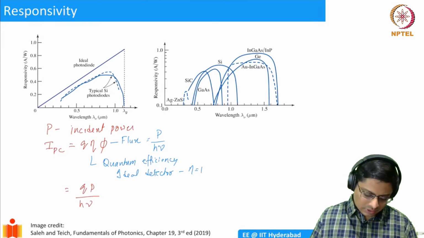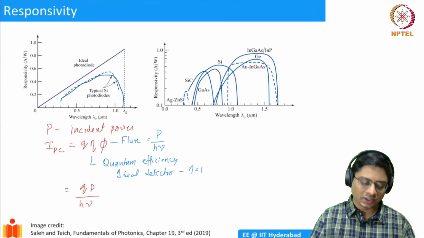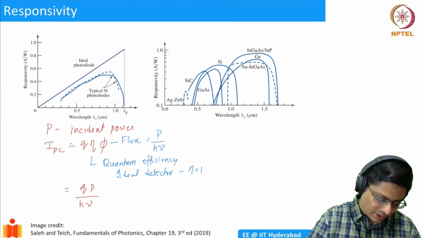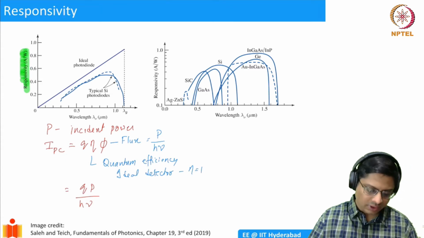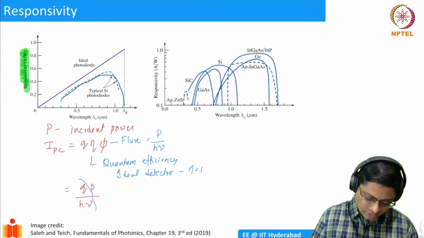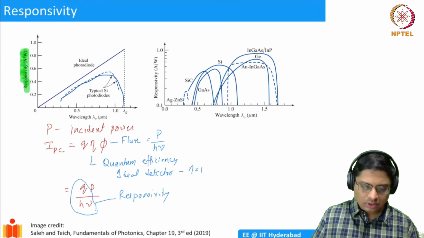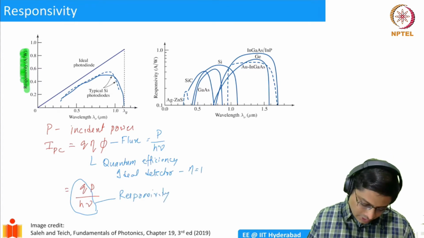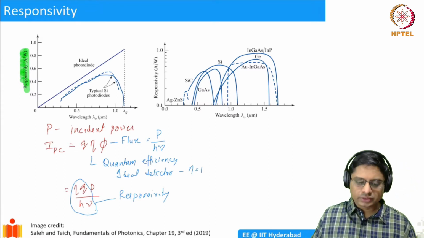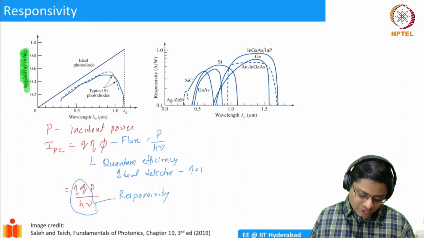So the current versus power: the responsivity we are defining as the amount of current that is produced per watt, so it's in amperes per watt. That can be captured by this expression here. This term is called responsivity. So what is this? Well, rather, I forgot eta. So this is going to be eta and then q by h nu.